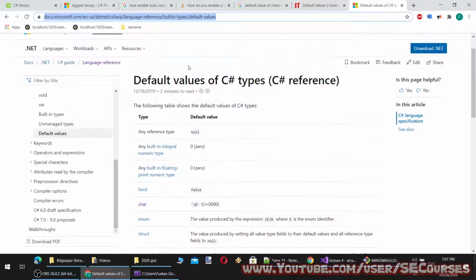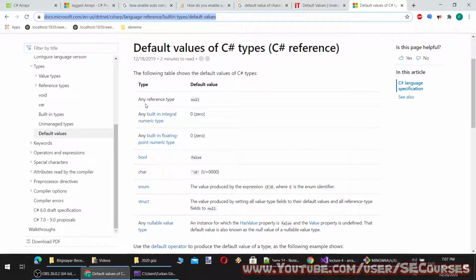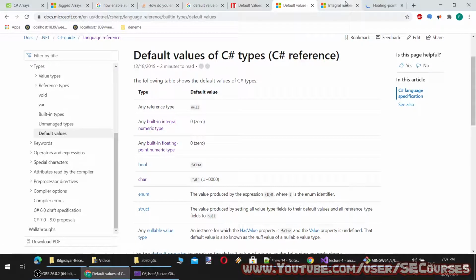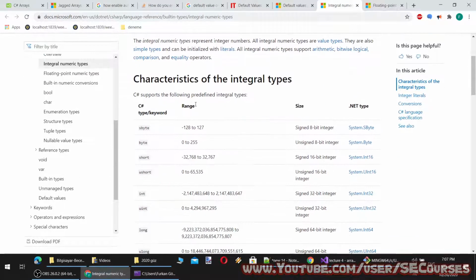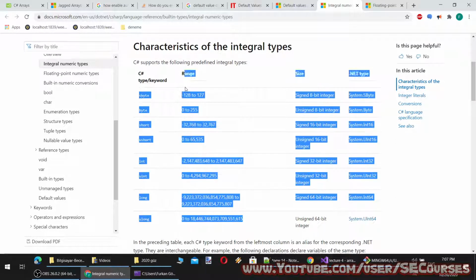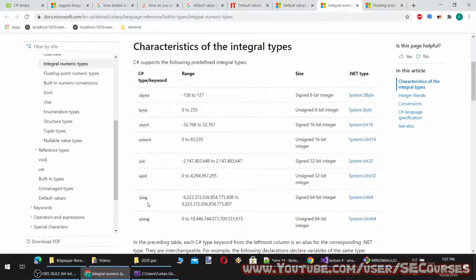Okay, so this page is default values of C# types. Any reference type is null. Any built-in integral numeric type is 0. Any built-in floating point numeric type is 0. Integral numeric types are these ones, the numbers that don't have a floating point: ulong, long, uint, int, ushort, short, byte, sbyte.